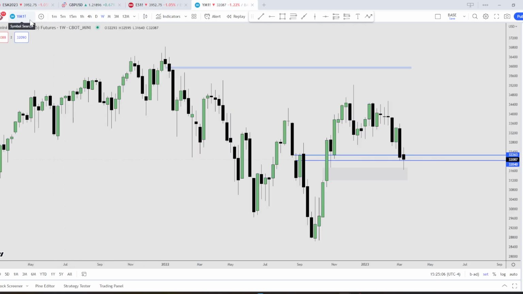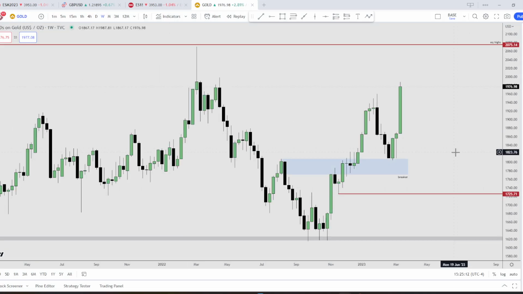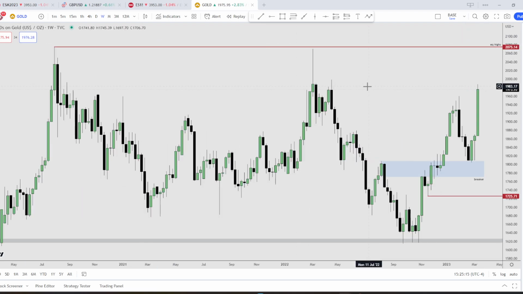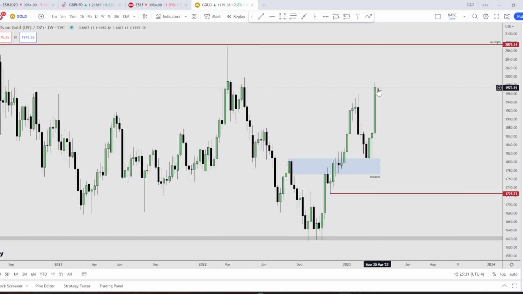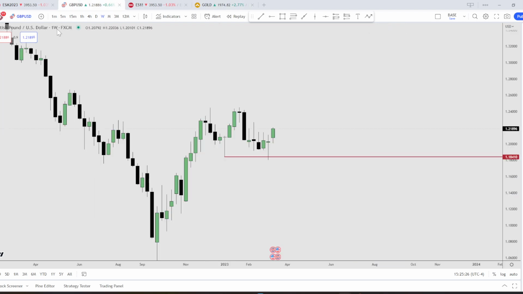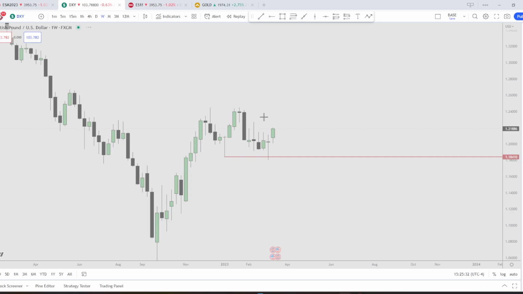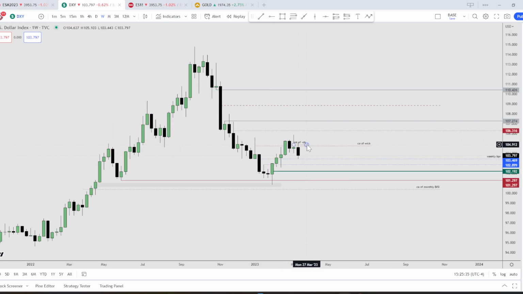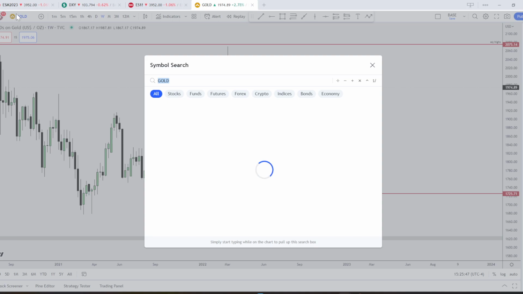So furthermore, in addition to that, we have gold as well, right? So for gold, my target, it's these equal highs right here. Okay, and if that's the case, then it supports the idea of dollar going lower, right? Bearish dollar. And if dollar is bearish, naturally the equities market is gonna be bullish because they are inversely correlated. Okay, this is the weekly time frame for ES. When you head over to Nasdaq,